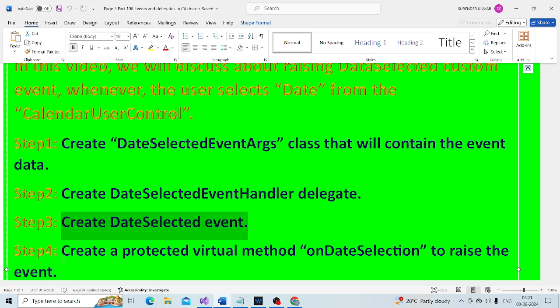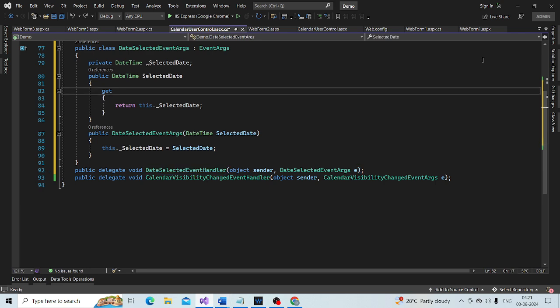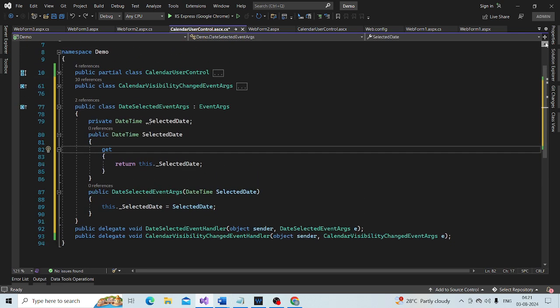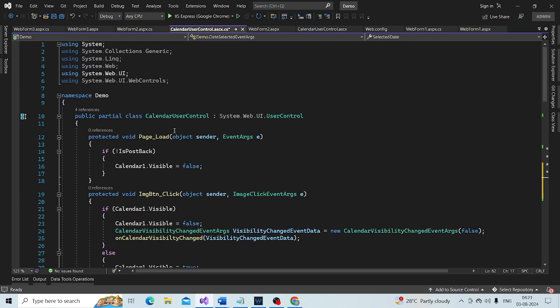Now this date selected event should be part of the calendar user control class, so we have to create that event inside the calendar user control class. This is the calendar user control class, and we need to create the event date selected within it.